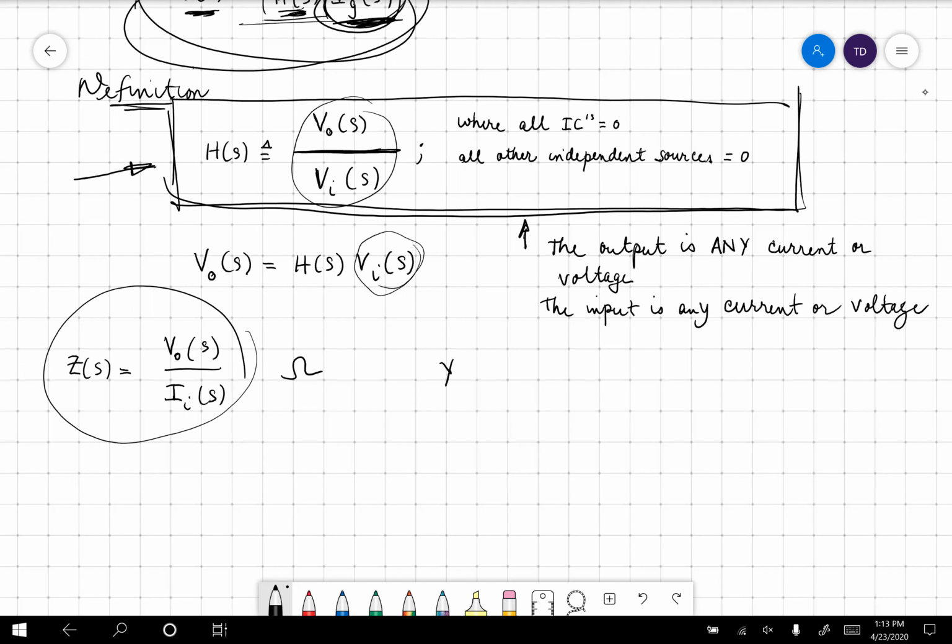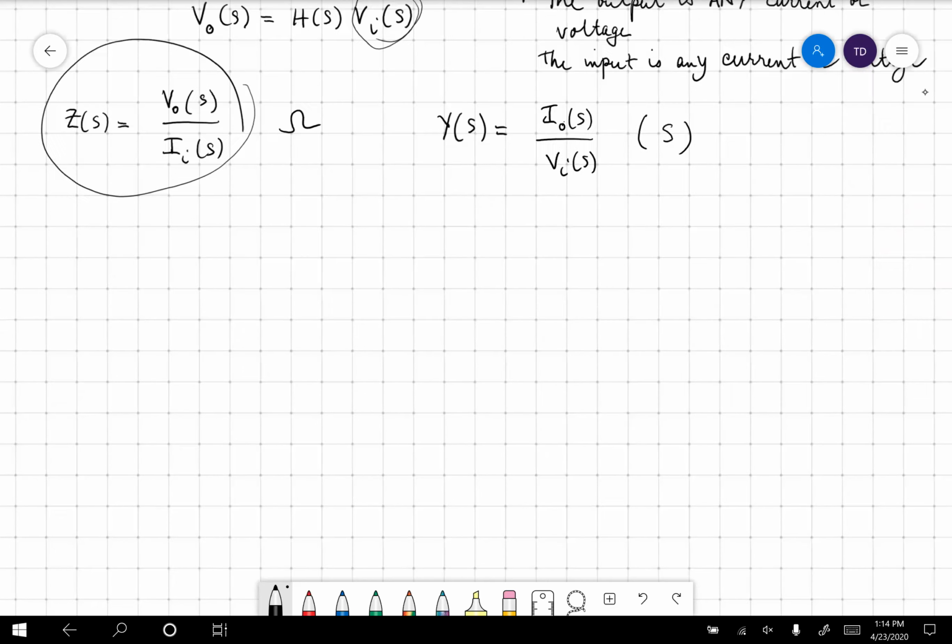And then the other one we can have is this one. And so this could be our output, and the input might be a voltage. And that has units of? Siemens. Excellent. Siemens it is. Great. So the system function is simply a ratio of some output that you decide over some input. If you have multiple independent sources in a circuit, then what you can do is you can define multiple input functions. All right, if there are